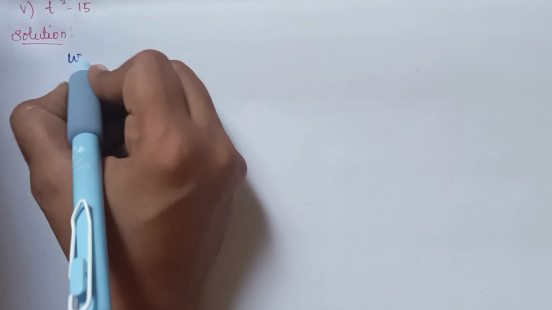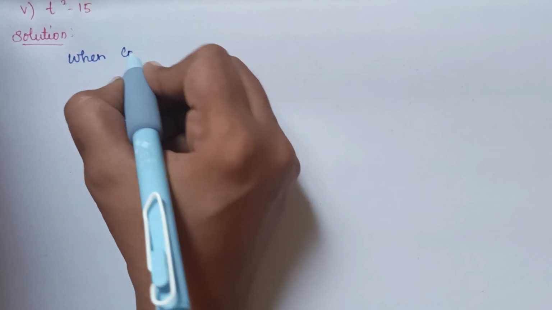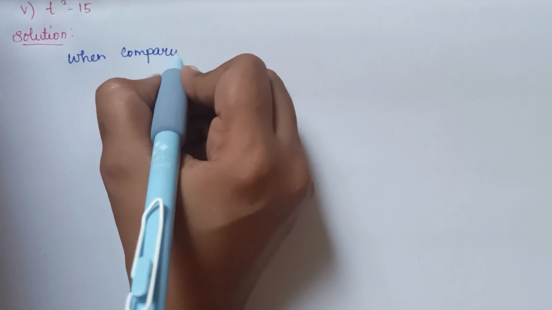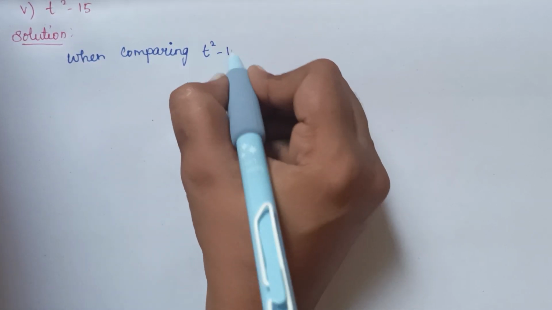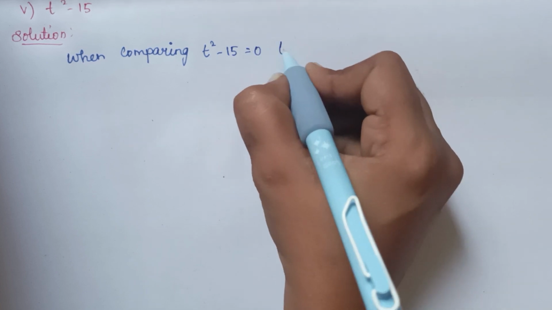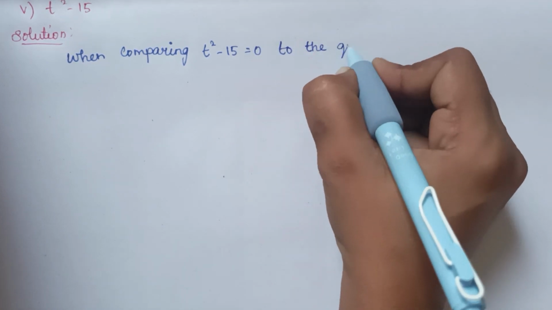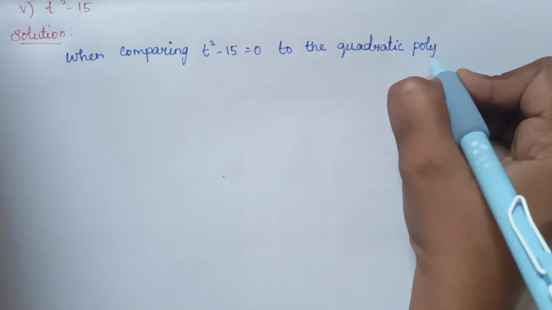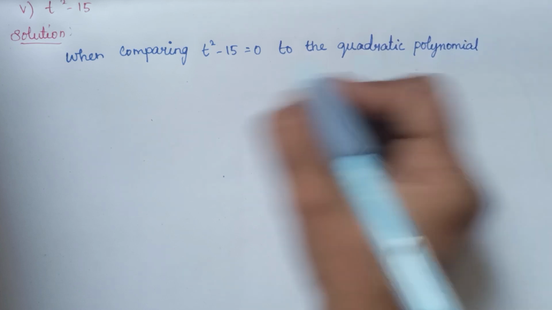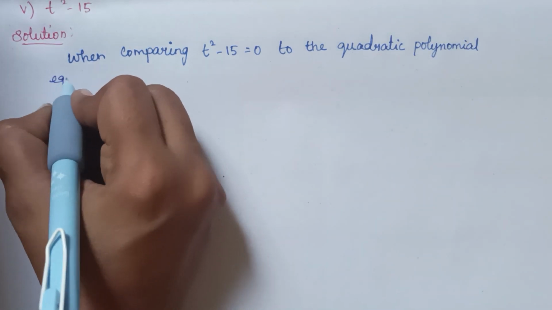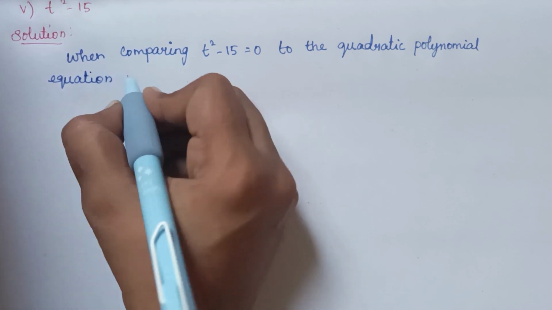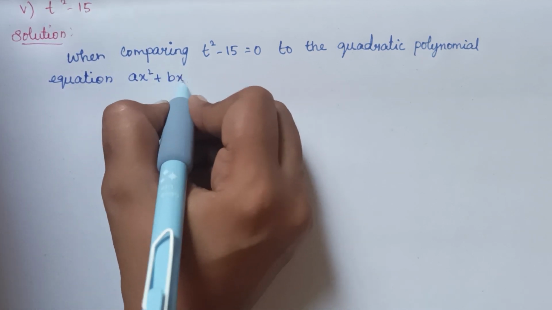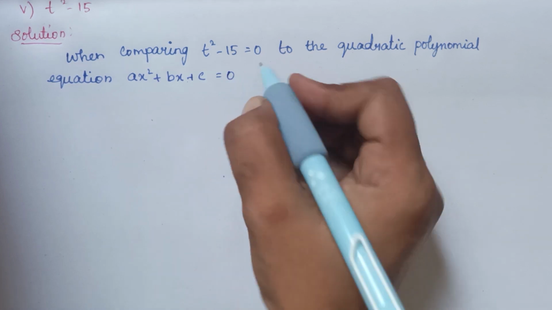Next, fifth one, t square minus 15. So the given polynomial is t square minus 15. So the solution, when comparing t square minus 15 is equal to 0 to the quadratic polynomial equation ax square plus bx plus c is equal to 0, we get